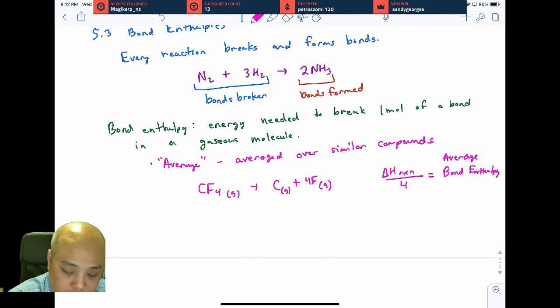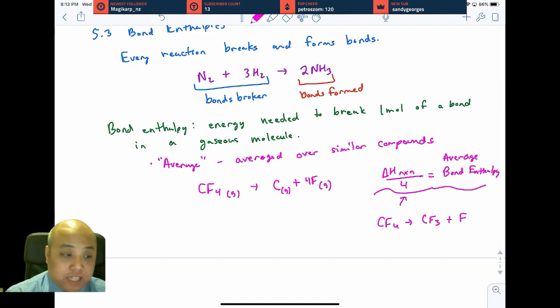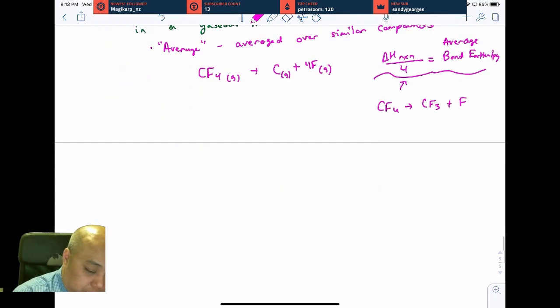Okay, so really what this is saying is that if you had something like this and you made it into something like this, that's what that represents right here. When you divide by 4, that's what you're saying. If I broke only one bond, what would the approximate value of that energy be? Okay, so keep that in mind. Okay. Now,